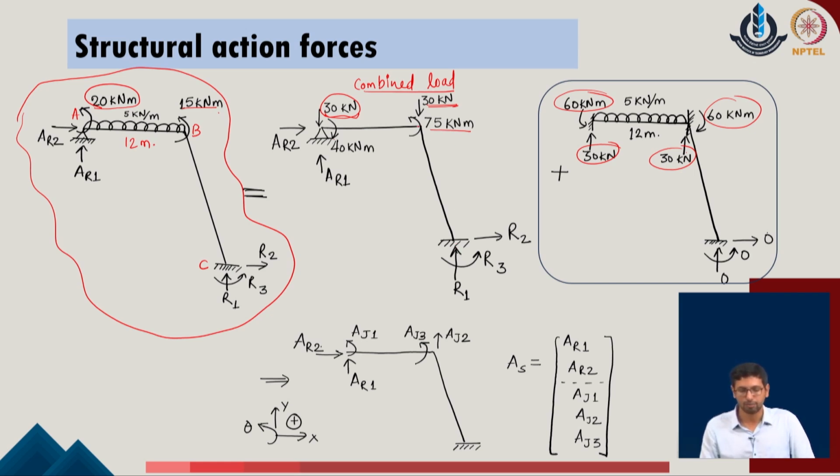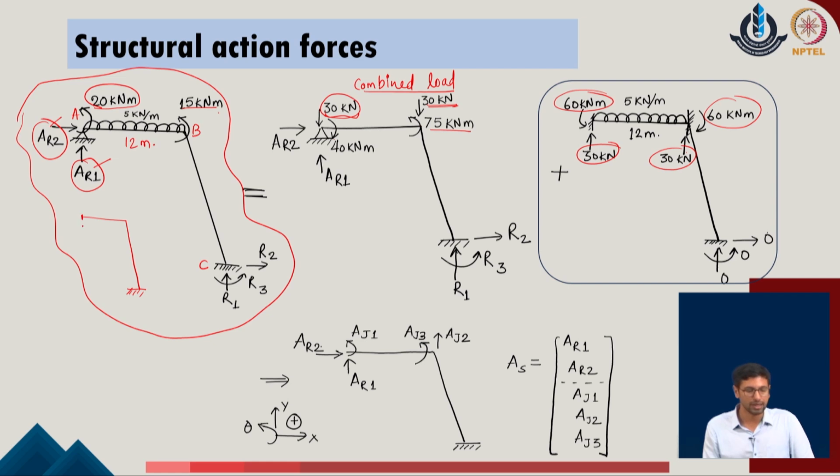And then we have finally the member BC, in which there is no active load defined, and that is why we will not be getting any contributions of the reactions or the joint loads on this given problem. Now, as an idea of the given problem, we understand that the given system can be considered with the redundants AR1 and AR2, which are the two redundants of the given problem. I can consider now a determinate problem, which is a problem like this, and this problem will be undergoing any possible deformations due to the nature of these two redundant forces, as well as the joint action forces active on the given problem. And now, what joint action forces I must be considering?